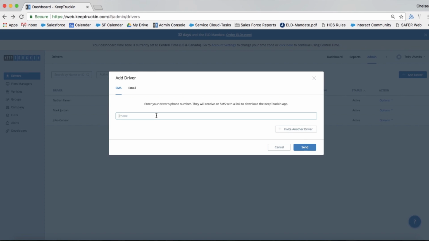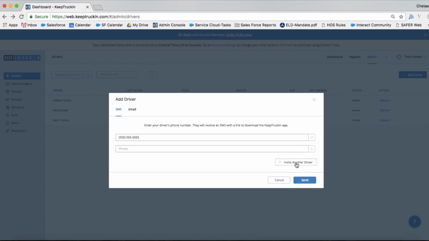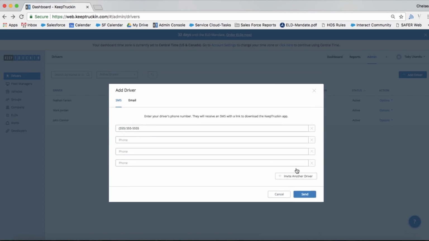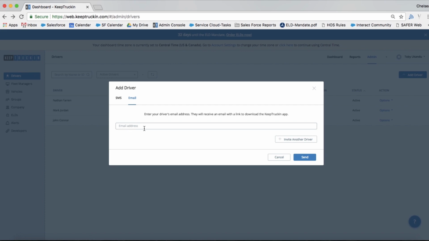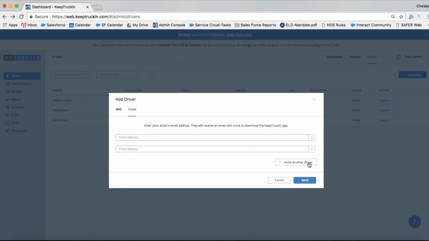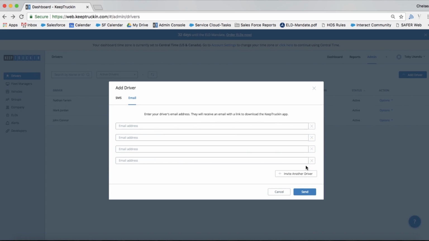So you can simply type in the phone number of the driver, and once you've done that, if there's multiple drivers, you just go ahead and click invite another driver, and you can do this as many times as you need to. If you don't have their phone number, go ahead and click email, type in their email address, and you can add as many as you like in here as well. Once you've added all your contact information, you're going to click send. And when you click send, it's going to send them a text message or an email, and it's going to say,